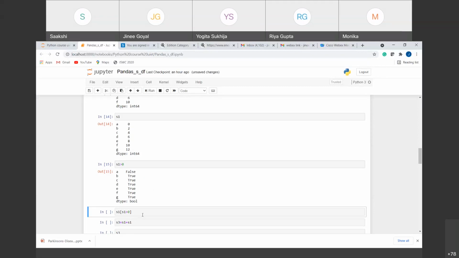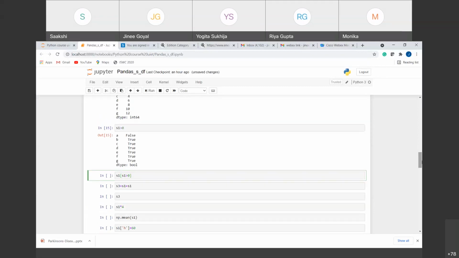Now I can also apply this another condition. What does it do? We are getting what we have written initially. We have written S1 here, S1, and inside that we have provided the square bracket. It means that I want some values out of the series, right? If we are providing the square brackets in front of the series name, it means I want something out of the series. But what I want out of the series, in that case, instead of providing a manual index, I am providing a condition here. That is, S1 should be greater than 0. It means that it will only return those values where this condition will meet, right?